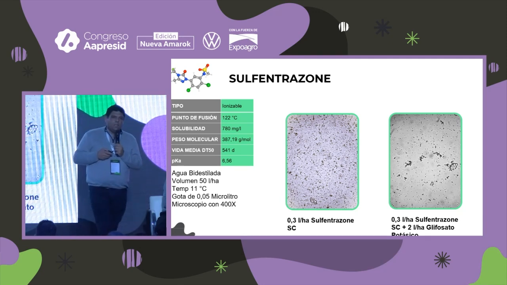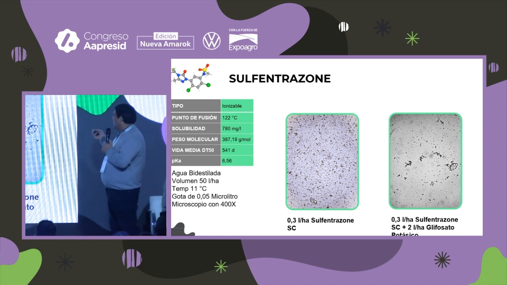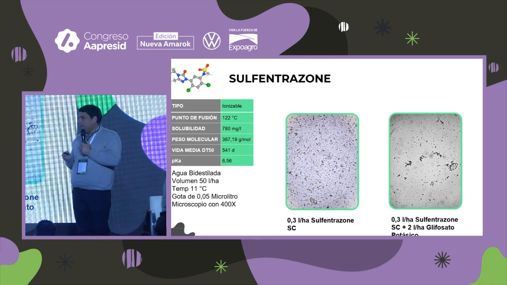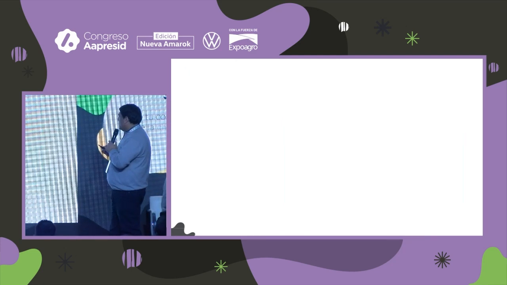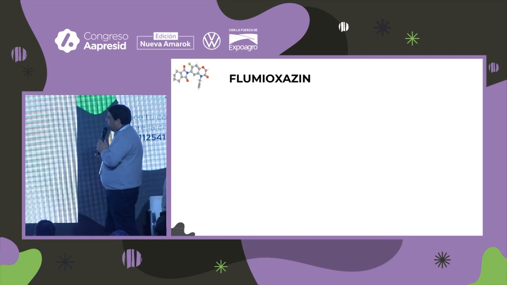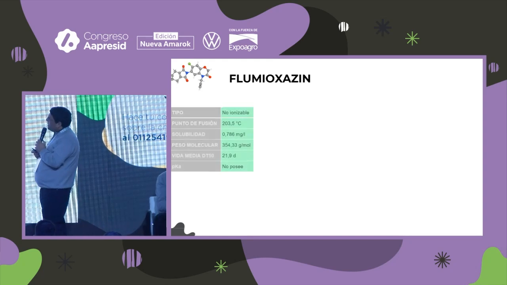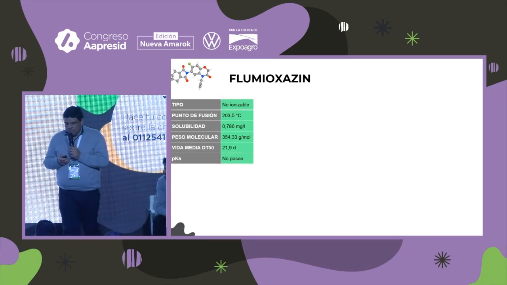Sometimes we don't realize because it's in 1-2 machines, but if we have several, at a certain moment we end up with the filters not working, or the walls of the tank show that something happened. Now if we move to flumioxazine, which is another active that is widely used, you can see the difference of